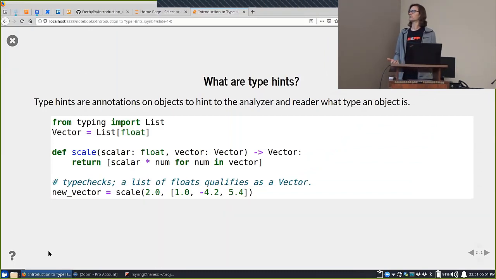They're exactly what they sound like. They are annotations associated with names and objects to hint at what the type of the object is, both for the reader and for analyzers. What it isn't, right now and for the future, is an annotation for the Python interpreter. So as we look at this, that distinction means you're going to have a tool that you're using so that when you add type hints to your code, and just to be clear,